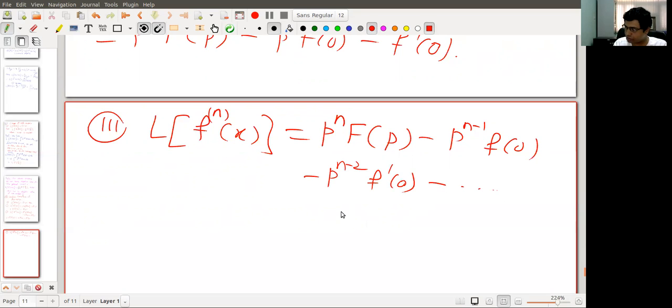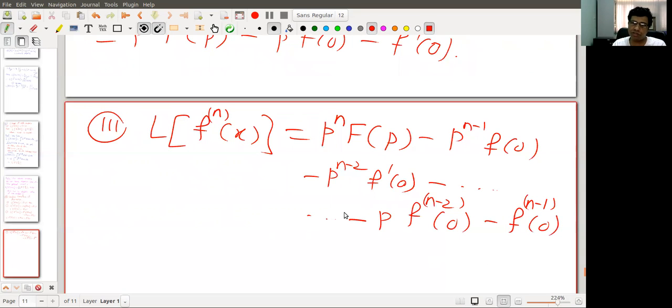The second last term will be minus p into the n minus 2 order derivative of f at 0